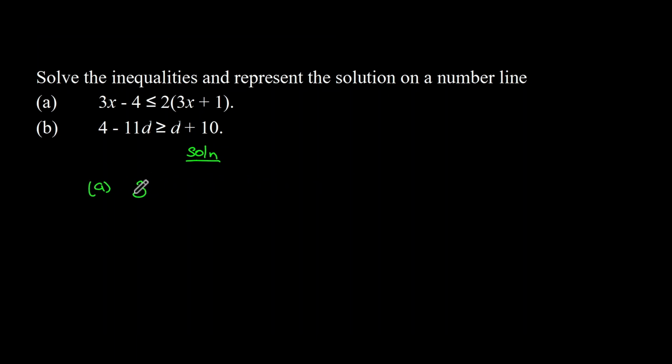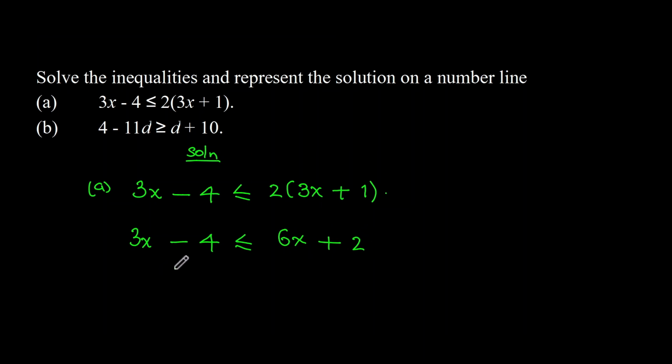So the first one is 3x minus 4 is less than or equals 2 into 3x plus 1. So the first thing is opening up this bracket. The left hand side is okay, so we only copy it down and we have less than or equals to 6x plus 2. Next is to collect like terms, so I want to maintain negative 4 from here and joining